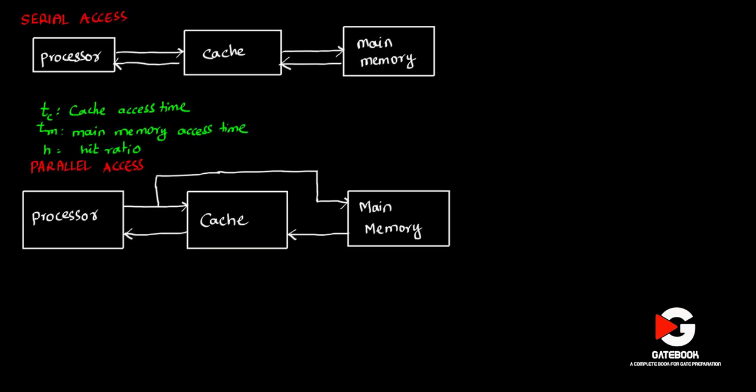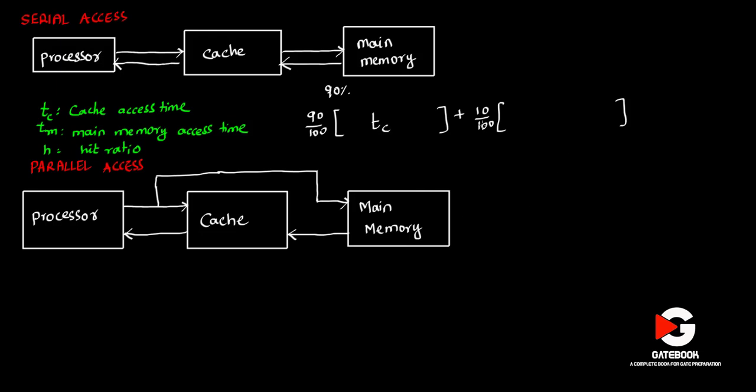Tc is the cache access time, Tm is the main memory access time, and H is the hit ratio. Let's say the hit ratio is 90%. What does it mean? It means 90% of the time we just consult the cache, and 10% of the time we consult first the cache, then main memory. So try to understand it as a story. The story is about when a cache hit occurs. When there is a cache hit, we directly access the cache and get the data. The time required for that is the cache access time, so here we write Tc.